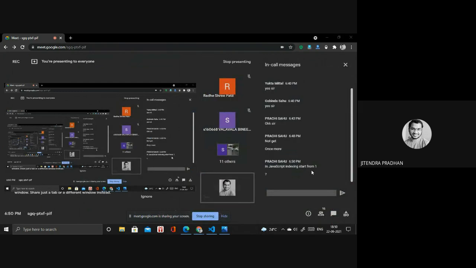Basically, if you write a string inside double quotation or single quotation marks, every string starts from the zero index. What is an index number?